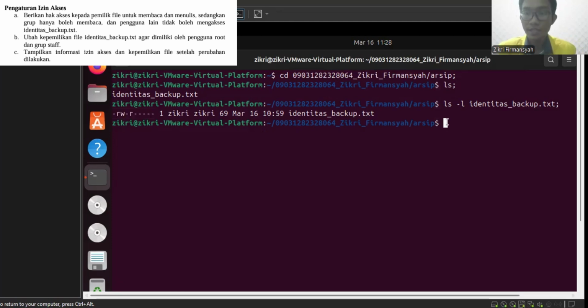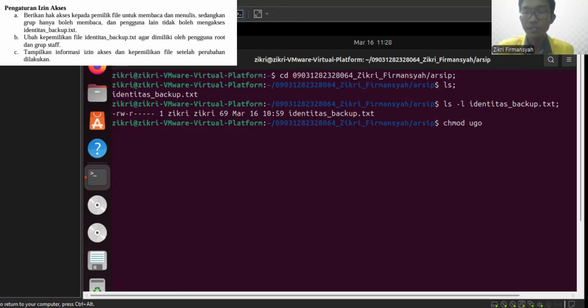To change the access permission, we can use the chmod command, and then we can use numbers or characters. For the characters, we can define the user as u, the group as g, and the others as o.